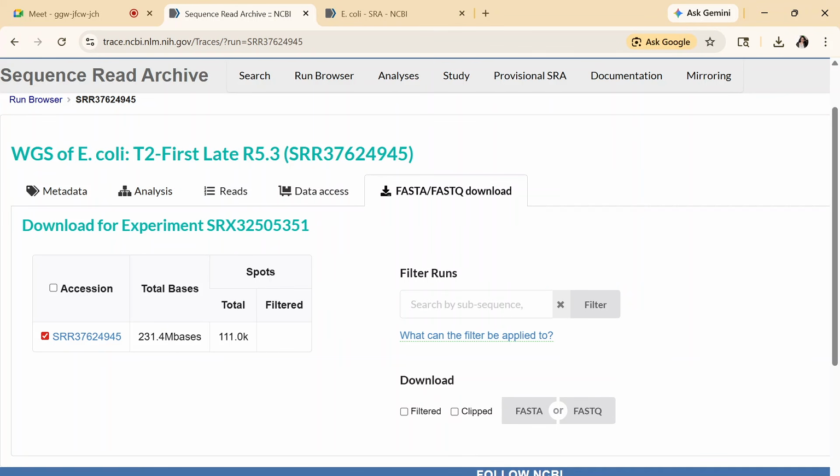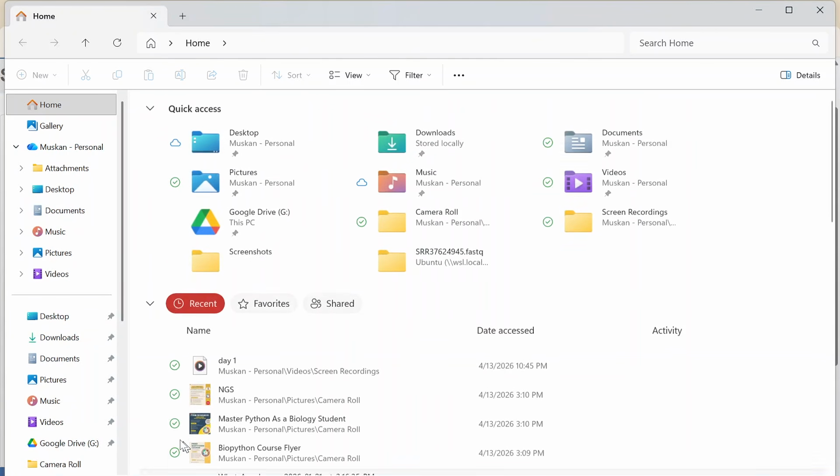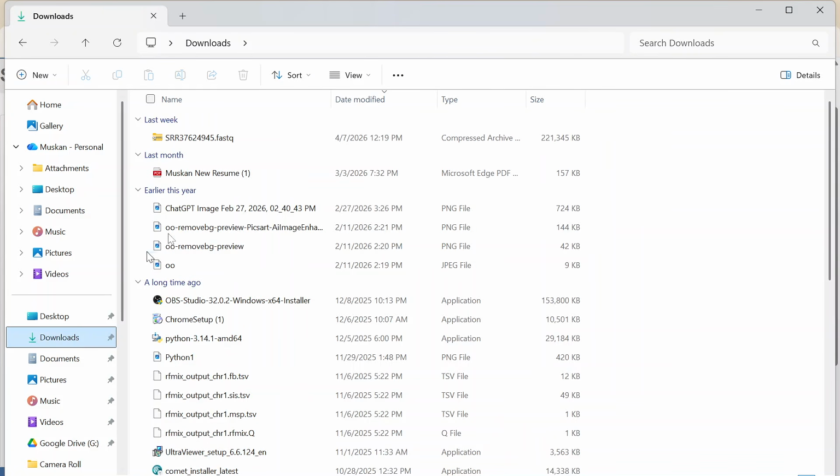Okay, so let's open the file explorer because our downloaded FASTQ file will be there. So here we have our FASTQ file that we just downloaded from the NCBI database. Okay. So first of all, let's understand this FASTQ file. Here we are seeing that it is written compressed archive folder. Okay, now what do we understand by compressed archive folder? We have already seen folders, and folders are very simple, but there is some zip-like structure on this file, meaning it is a compressed file.